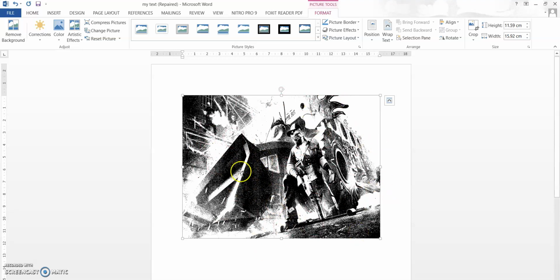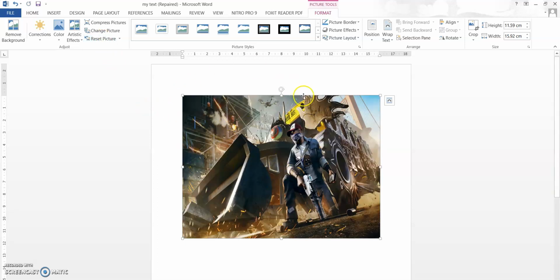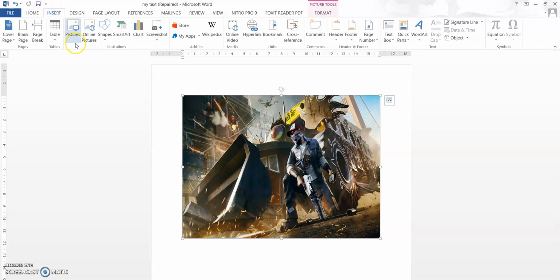So we have seen all these properties about inserting pictures, and all these properties will be applied for many other multimedia options also. And as I have told you already, if you want the original picture itself back, then you can click this reset picture and you can see the original picture back with all the effects removed. Okay, so with this we have completed this video, and in this video we saw many formatting options and many insert options on multimedia, especially the pictures option. The same thing applies for online pictures also, which we will see in the upcoming video.